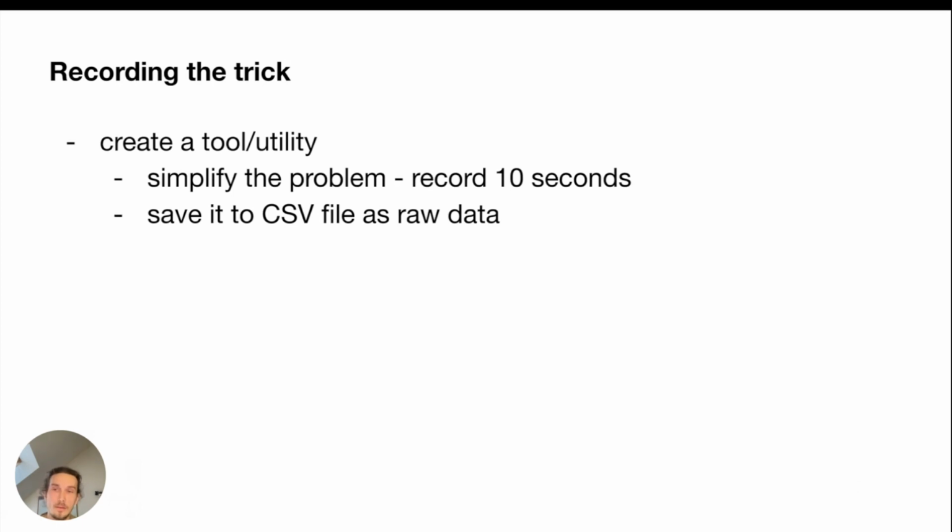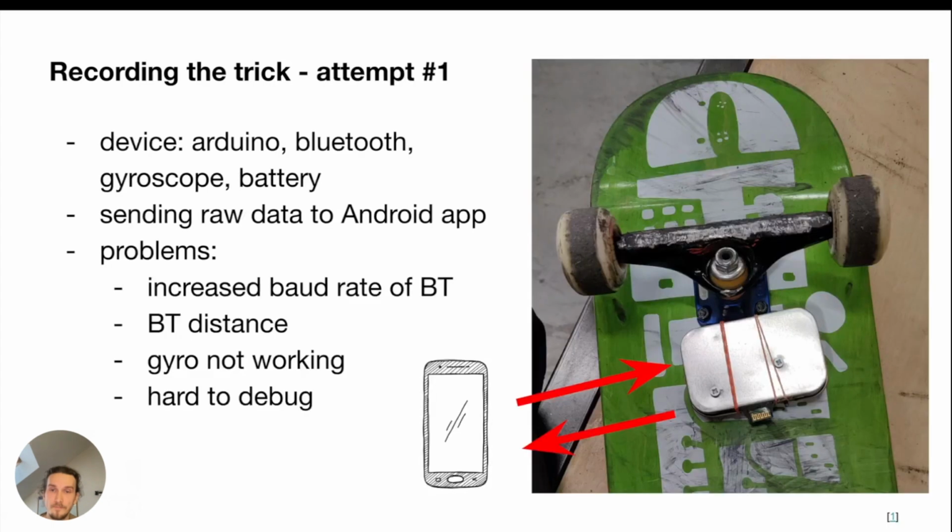For the recording part, I created a small tool or utility to record the raw data from the gyroscope, and I simplified the problem, so I was just recording 10 seconds and storing it in a CSV file. My first attempt was this device on the right. The Android app sent a signal to the device to start recording. Then the device was sending raw data back to Android for 10 seconds, and then the logic should be continuing